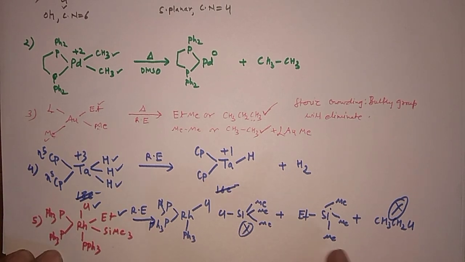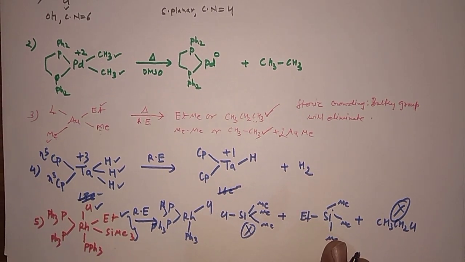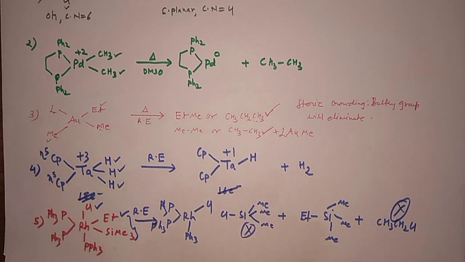It's a stable compound, so you will eliminate this trimethylsilane along with the ethyl, so these two will eliminate. Okay, and all the things will remain as such in that case. If you know the electron count and all these things, then you will understand. So you cannot eliminate everything, but you have to consider the reactivity of the product also. So I hope this is quite clear to you. Then I can give you one or two more examples, and then you can practice on your own.